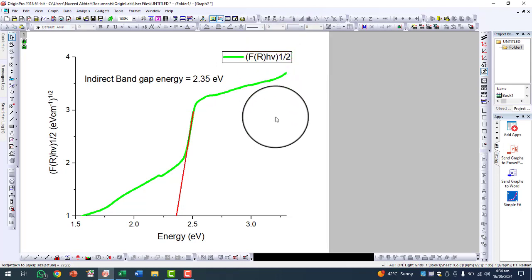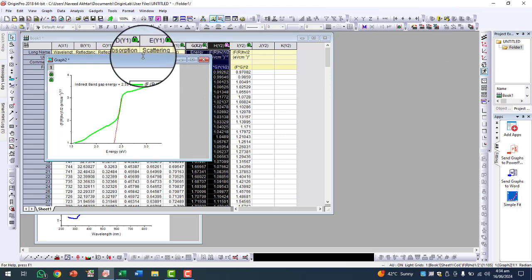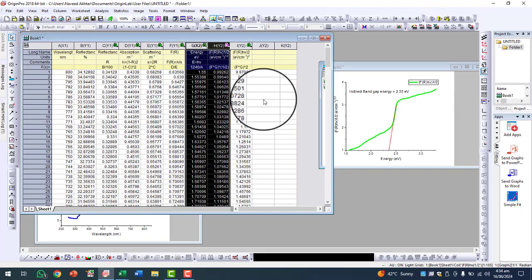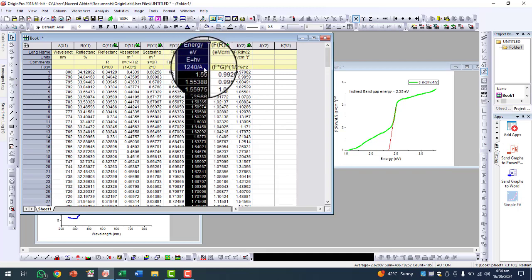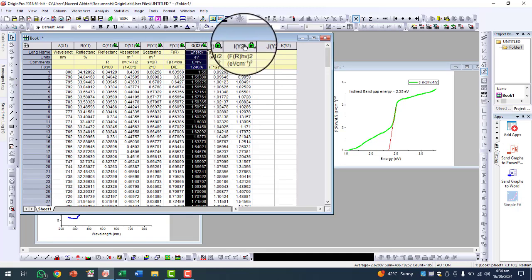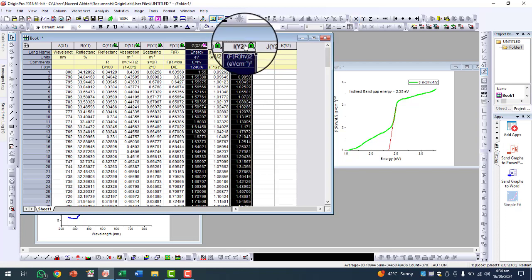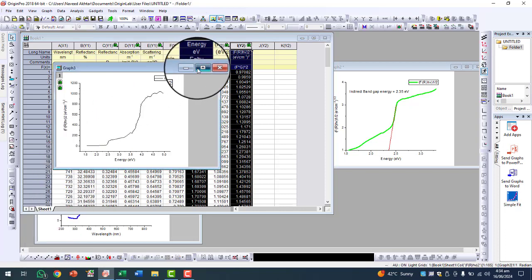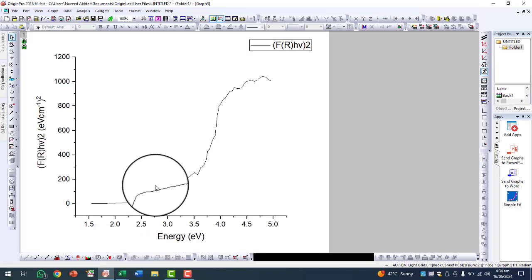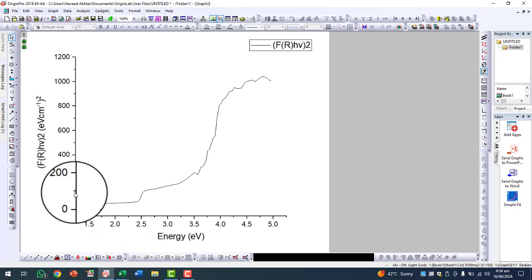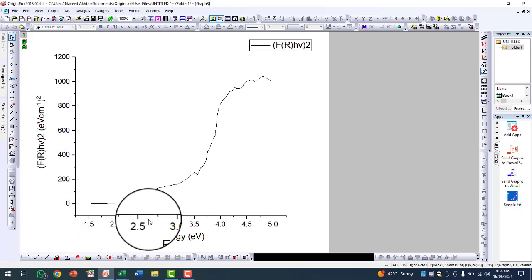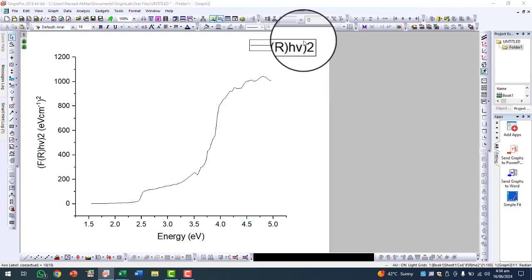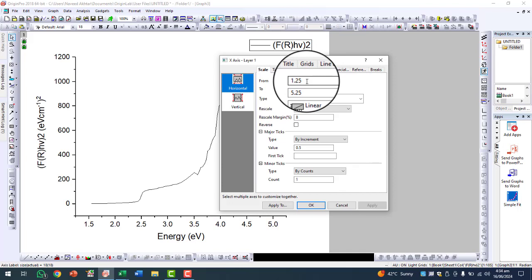Now I am going toward the direct band gap energy of my material. So simply minimize it or slide it up. Now I will have to select the energy on the x-axis and the direct band gap spectra from here. So I will have to draw a simple line graph for this. This is also in the same way, so I will have to zoom it or set up the values, setting the scale from 2 to 3.